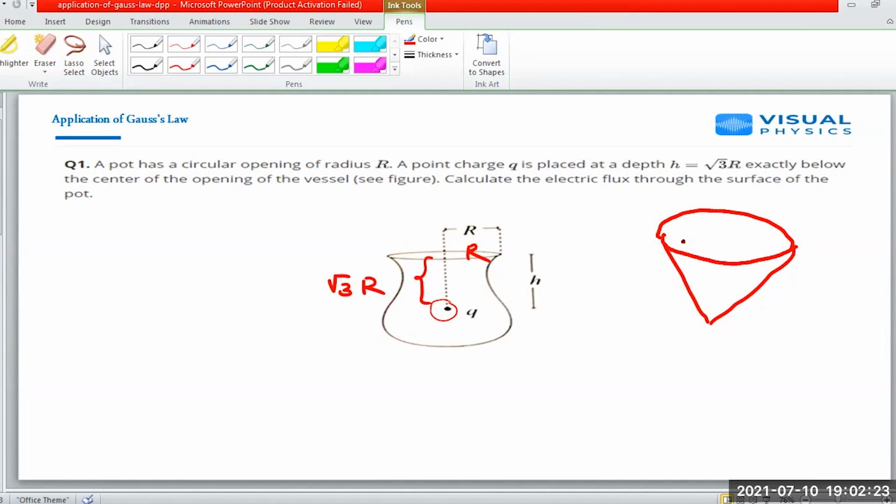with a circular base. This is given as root 3r. This is given as r. So this is angle theta. Yes, I am solving that question only, Dipanshu. Circular pot is given, but I am looking at it as a cone. So my phi total coming out of this circular vessel would have been